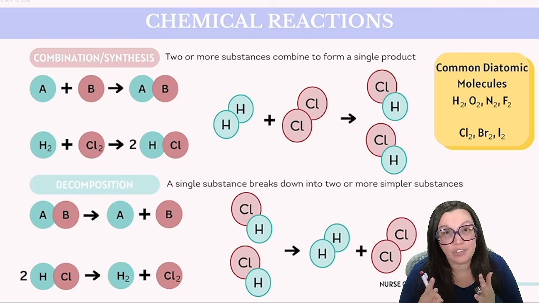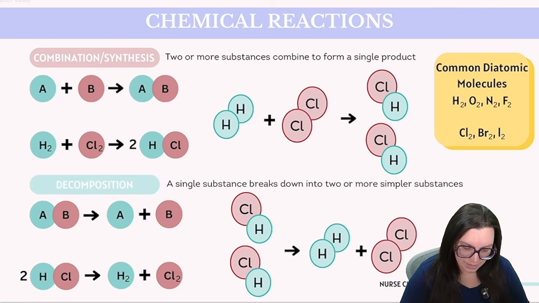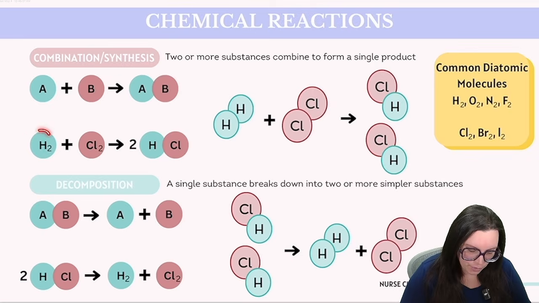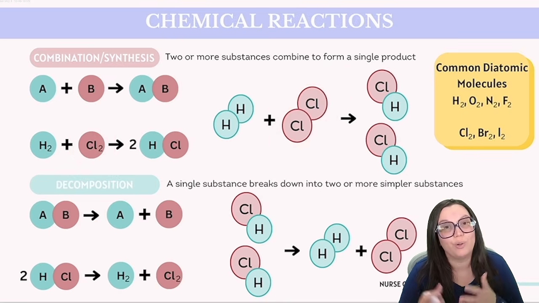And this is molecularly what is happening with our atoms. So you can see here we have A plus B, which would be our reactants, is going to ultimately make a product of those 2 atoms combined together. So our first one we have here is hydrogen, and this is what it would look like. It would be 2 hydrogen atoms connected together. Then we have chlorine, and again, because of that subscript 2, it's telling us that we have 2 chlorine atoms